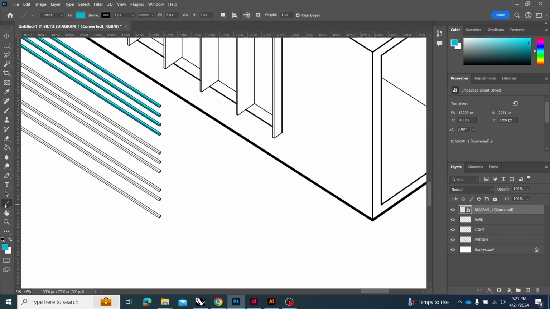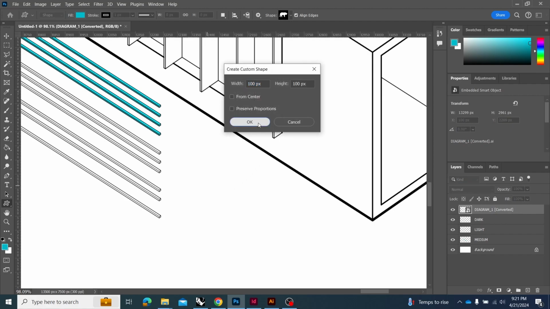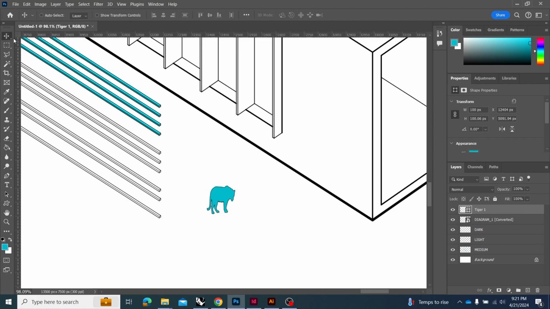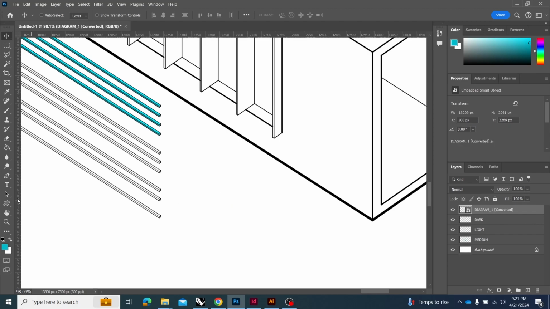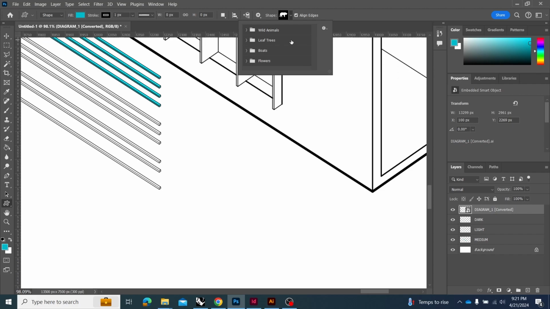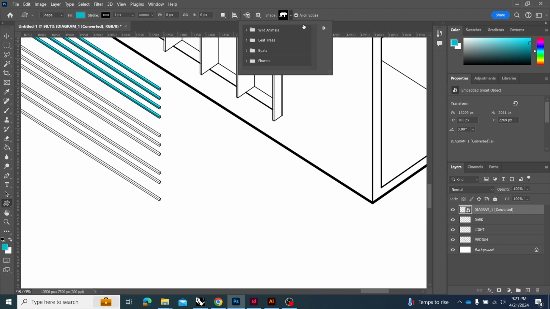And if we go to our shape tools again, we can do a custom shape tool. And for any reason that you might want, you could create these custom shapes, right? This looks like some kind of like lion or tiger. Again, we don't want those. We want an arrow. So if you go to download that custom,